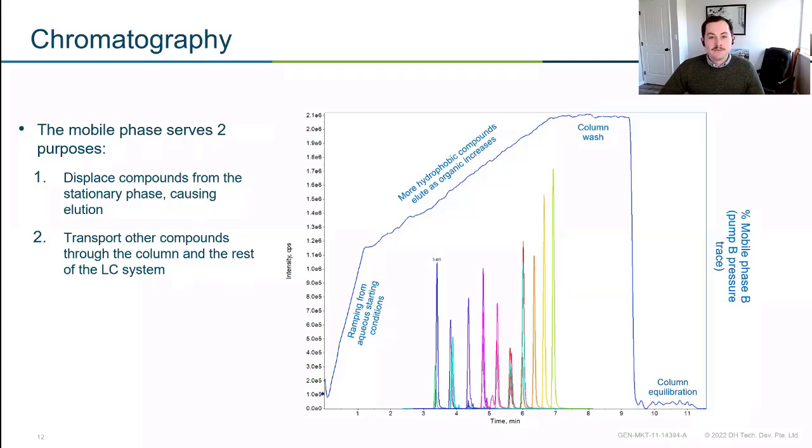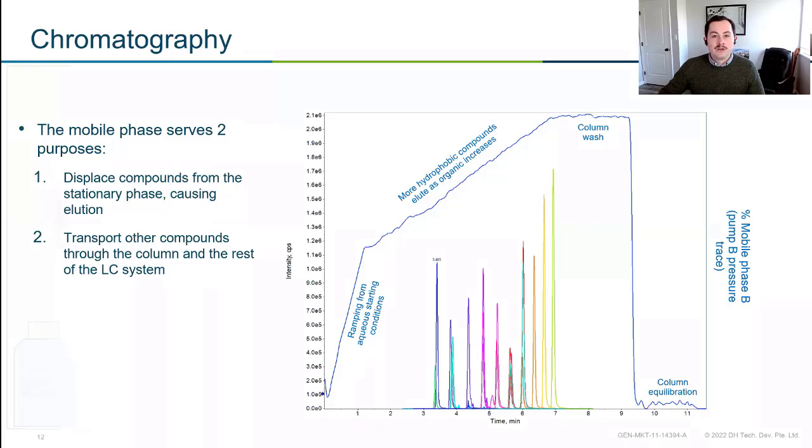Once that step's done, we're going to do the equilibration phase, another really important phase, which again is related to the dimensions of your column. So we want to make sure we've gotten all that organic out of our column and are starting our next injection at the exact conditions we started our first injection. If we choose to skip this step, what would happen is our column won't be equilibrated and our peaks will slowly start to creep up in our chromatogram. And we really want to avoid that and make sure that we have steady retention times.